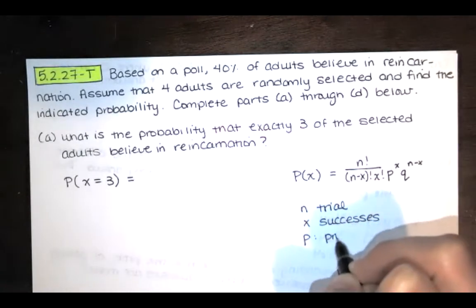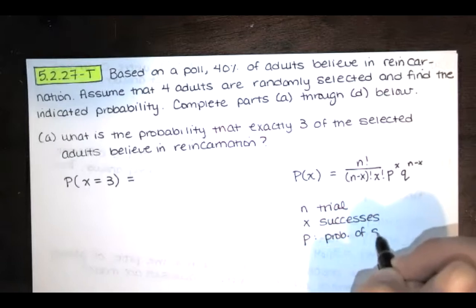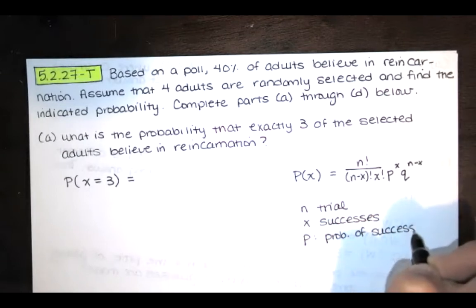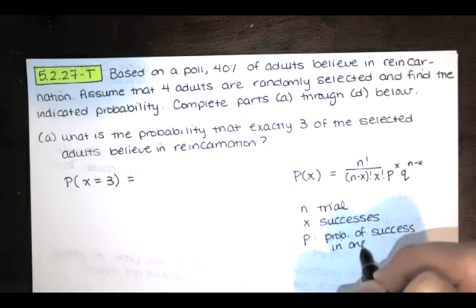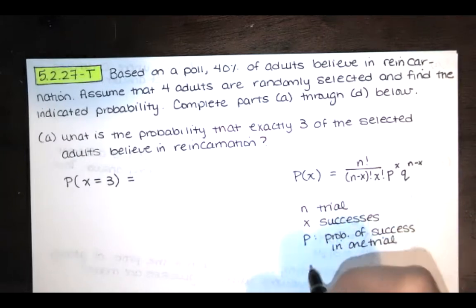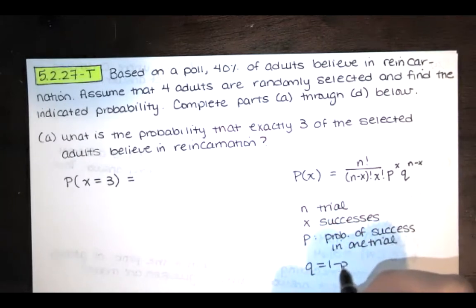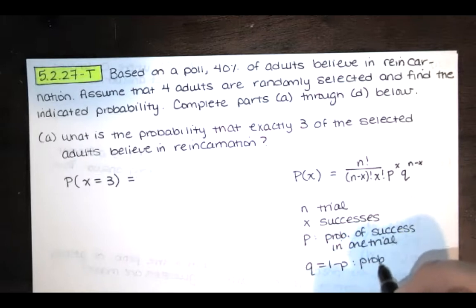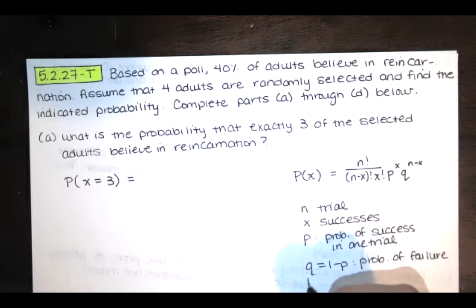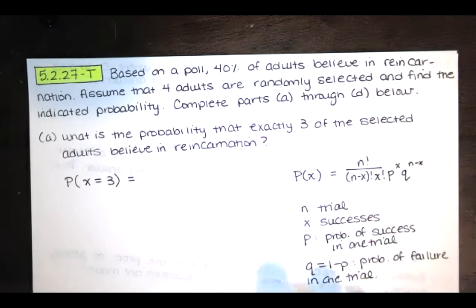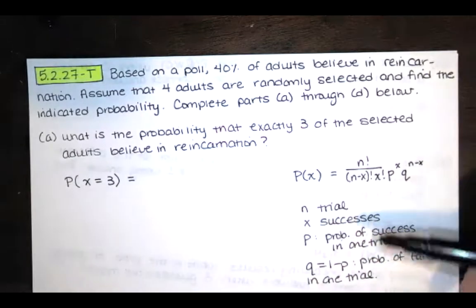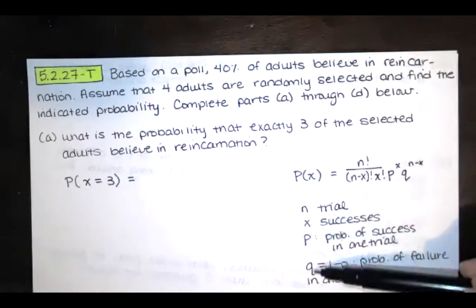P is the probability of success in one trial. And Q is equal to 1 minus P. That's the probability of failure in one trial. So in order to answer this question, we just need to identify N, X, P, and Q, and then we